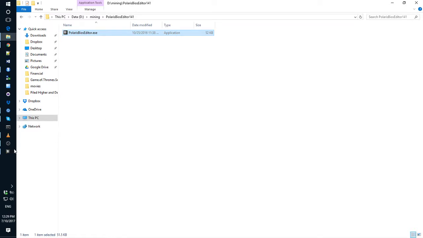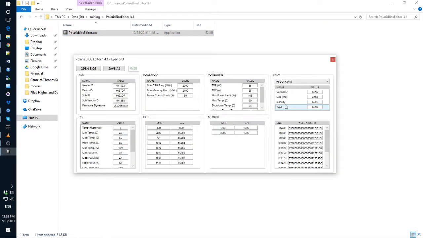Okay, so let's see how you can modify your AMD GPU BIOS, how you can modify your fan curve so you can keep your GPUs cool, especially in the summer. I'm assuming here that you already know how to use Polaris BIOS Editor, and that you know how to flash your BIOS after you modify it. So the scope of this video is to show you how to modify your fan operating characteristics so that your